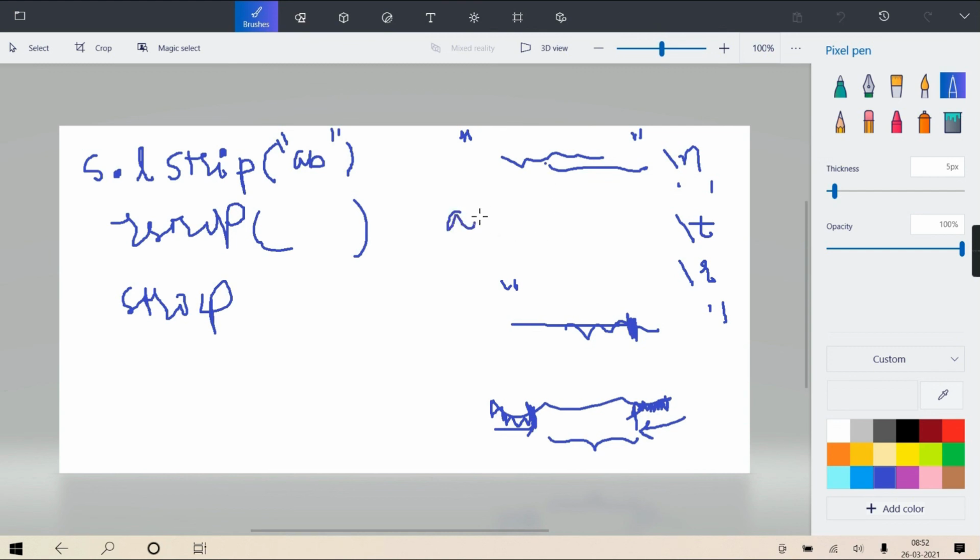Like I have given A, then B, then A, and then I get D, and after that A, B, A, whatever is there. From the left side, does it get A, which is present in this set? Yes. Trim, trim, trim, trim. Is D present in this? No. So it stops, and from the place where it stopped, it will return the whole string. Clear? Okay.